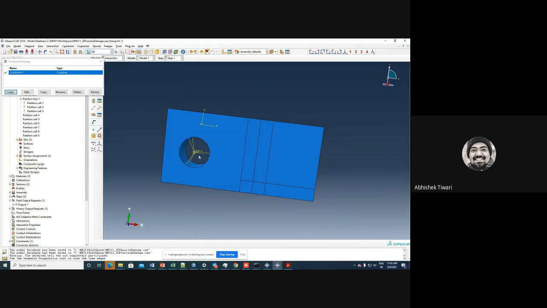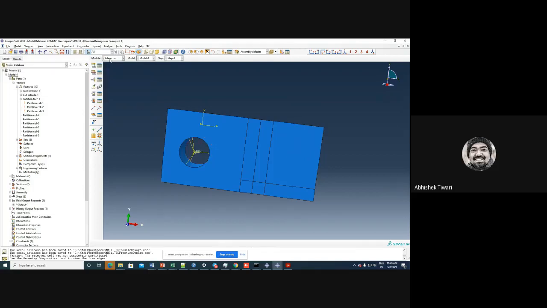But there is some issue with the rotation. So you can imagine that there are different rods which are connected with this point to the surface of the hole. And as this point moves, if this point rotates, for instance, so this will also put a rotation on the surface. So that we don't want. But for that, you can do a lot of different things. But let us stick with this. So I have coupled this reference point with the surface, and I will apply displacement on this reference point, and that should pass on to the surface.